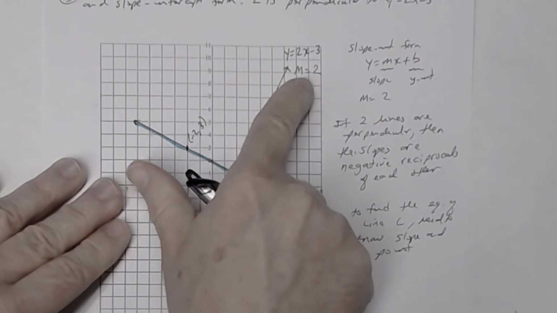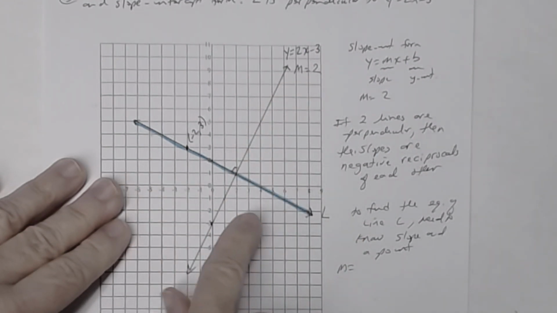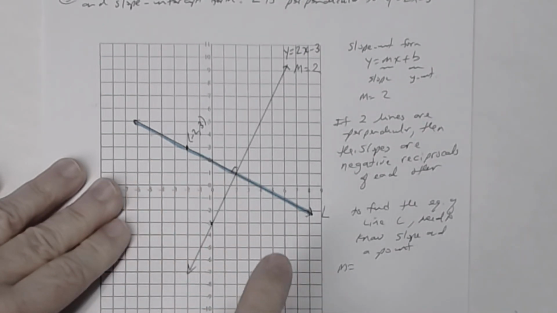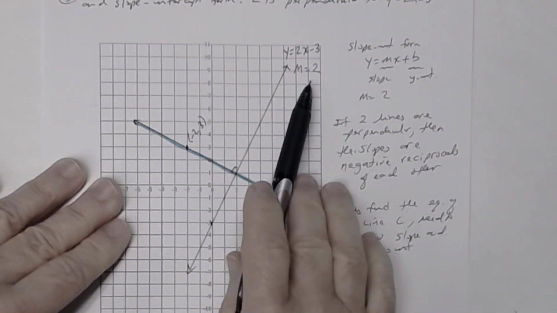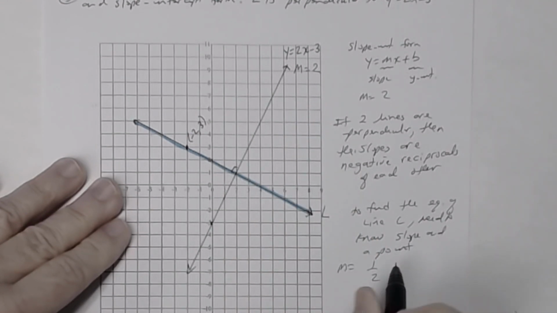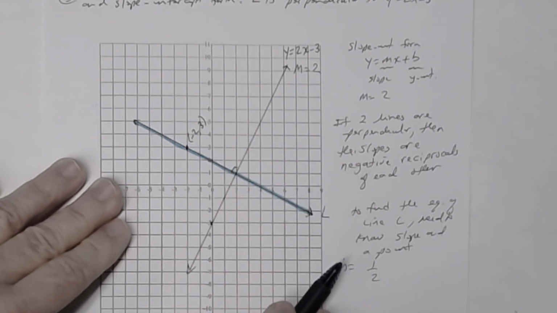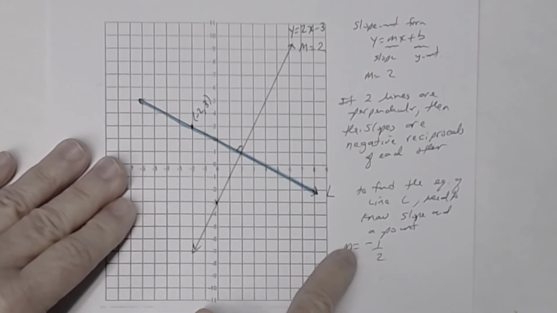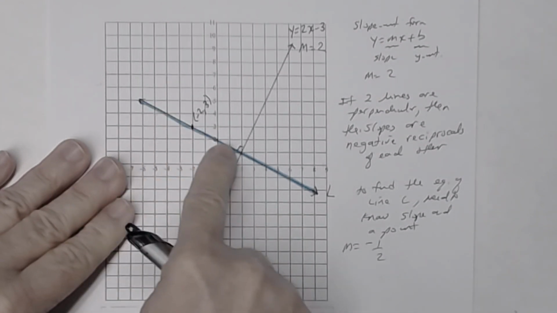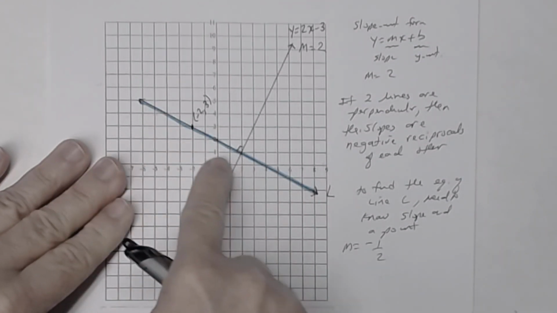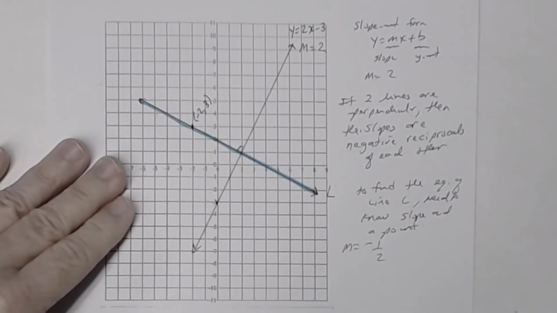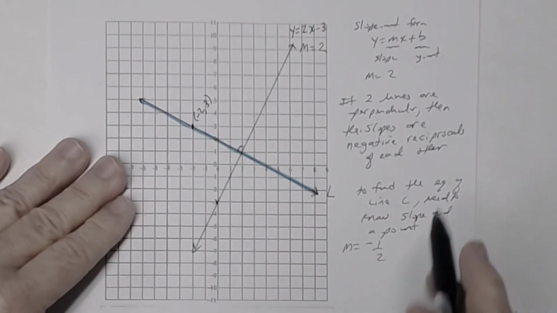So this has slope 2, then the slope of the line perpendicular to it is the negative reciprocal. The reciprocal of 2 is 1/2, and since this is positive, this becomes negative. It makes sense because notice that this line falls, so the slope should be negative. That's why you see a negative there. Now, you know a point on that line